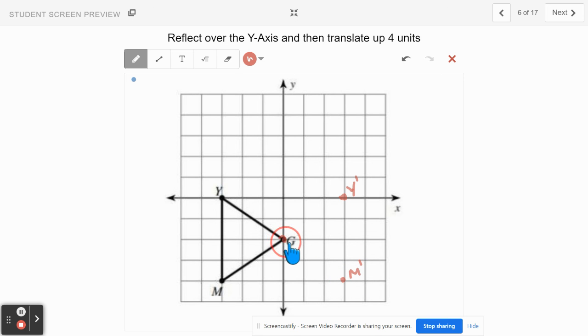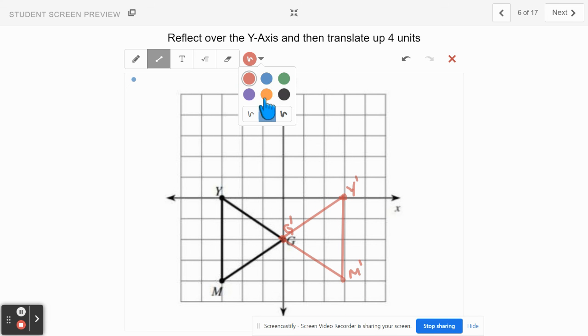If I'm going to go G here, the new G is going to be here. And that's over the y-axis. I'm going to use my straight line tool. And there we go. Now I said in blue, give me the translate up 4 units. So this one's going to go up 1, 2, 3, 4. And when you do that,